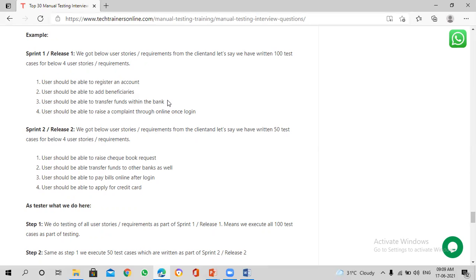The first question comes, who tested this feature? If I say you tested this feature, then they will ask you, why did you miss this? Why did you not consider this under regression testing? So regression testing plays the major role when it comes to Agile.